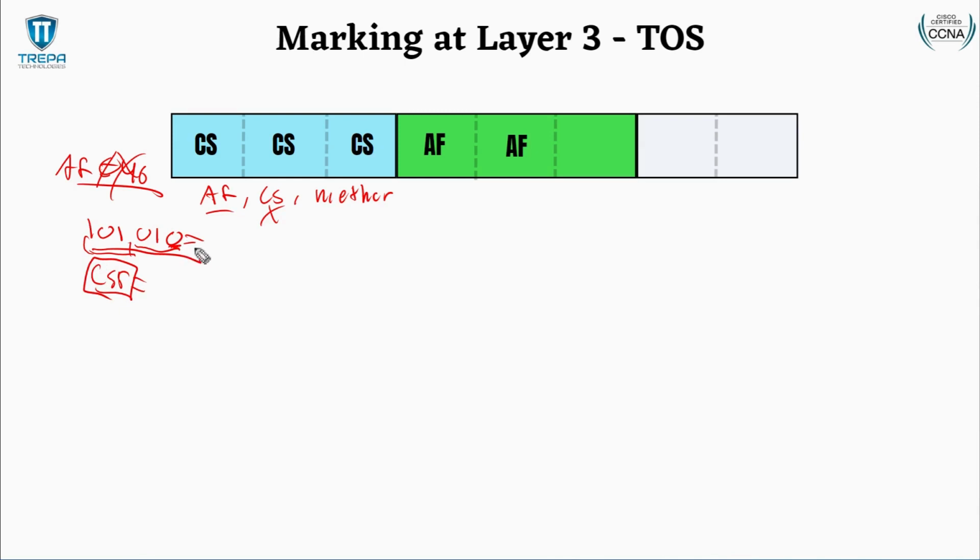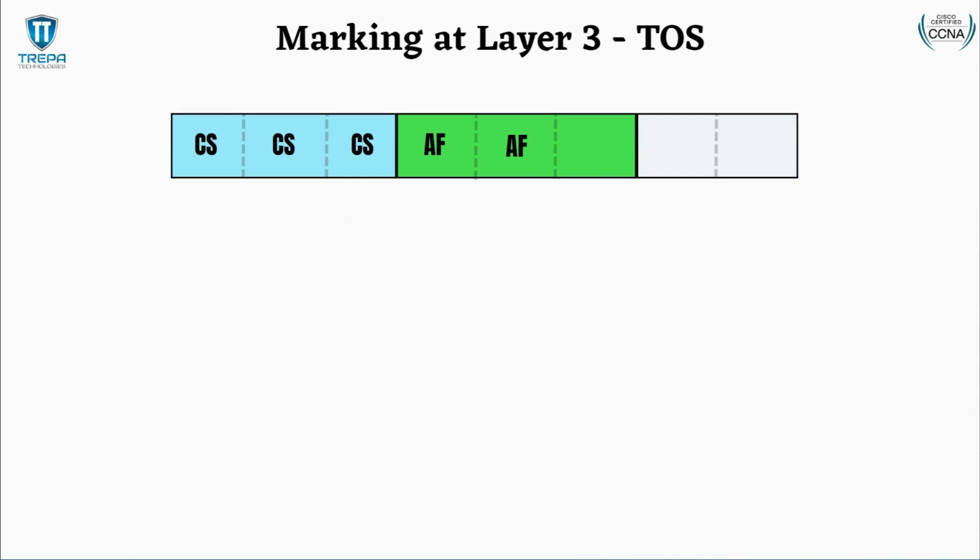Even though this decimal value equals 42, that is not an actual AF value. That's just a value of 42. So this binary is neither. And we don't have AF52, because that could be it. We don't have that. So to kind of go forward with these AF bits,